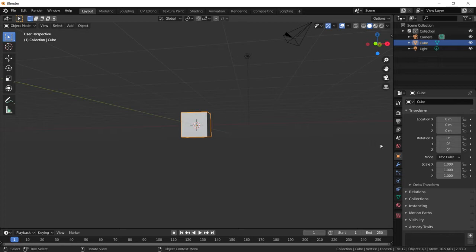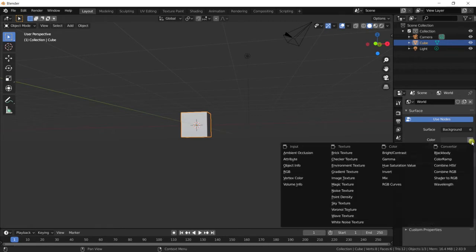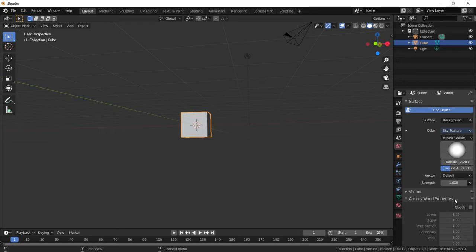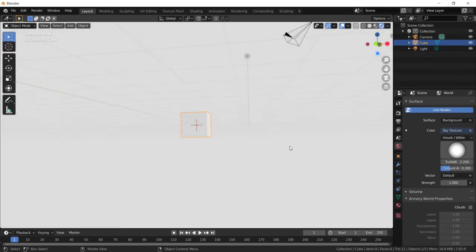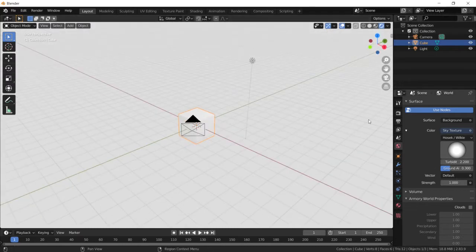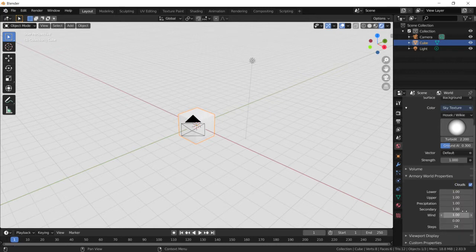So first thing we're going to do is actually set a sky texture for the world. So we go to the world tab here and we press on this little button and select the sky texture. Now here you have obviously the possibility to adjust the clouds. You can go into rendered preview mode so you can see what's going on. If you give it a second. Anyway, the point is you have to click on clouds here, and then you have a bunch of options that